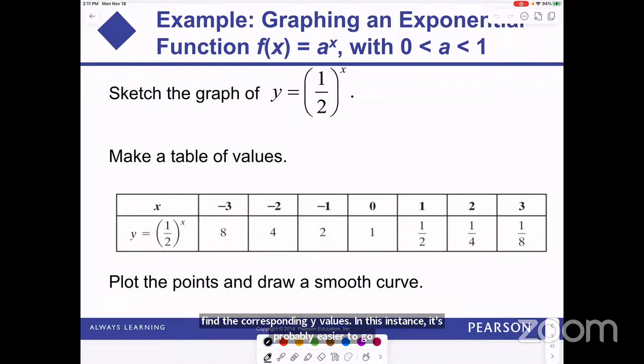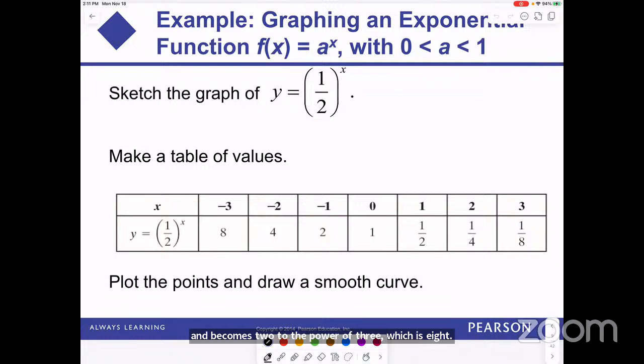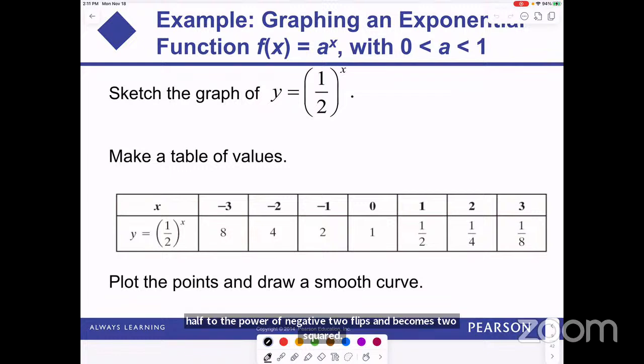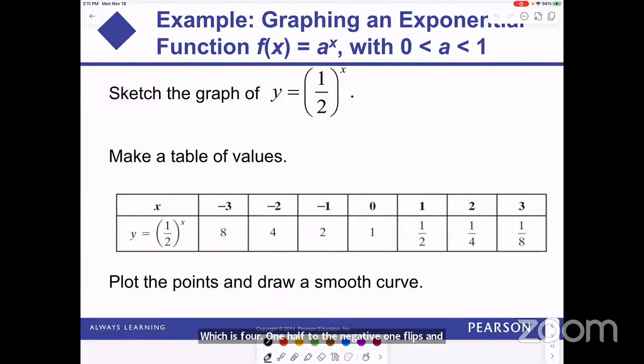So when x is -3, again, a negative exponent means you flip the fraction. So 1/2 to the power of -3 flips and becomes 2 to the power of 3, which is 8. 1/2 to the power of -2 flips and becomes 2 squared, which is 4. 1/2 to the -1 flips and becomes 2 to the power of 1, which is 2. 1/2 to the power of 0 is 1. 1/2 to the power of 1 is itself. 1/2 squared is a quarter. And 1/2 cubed is an eighth. Okay, so we get this